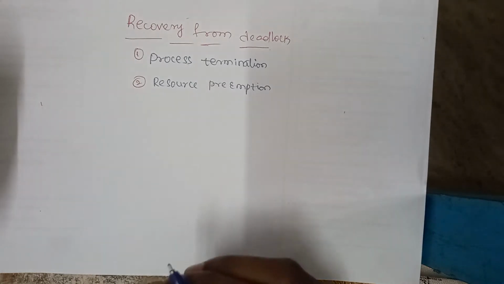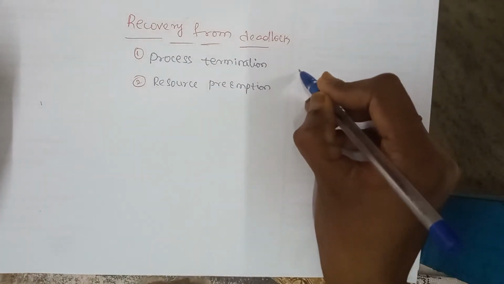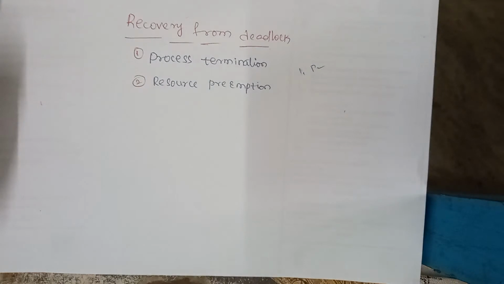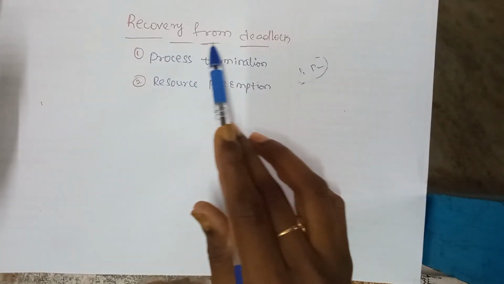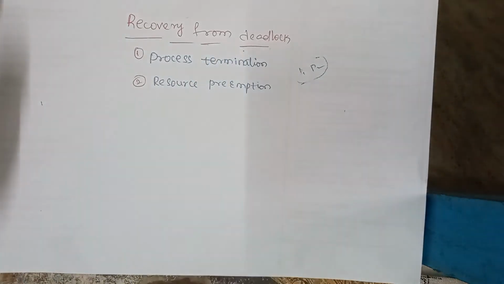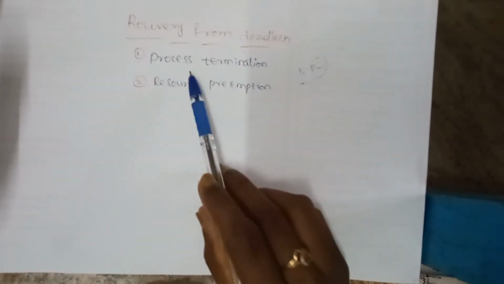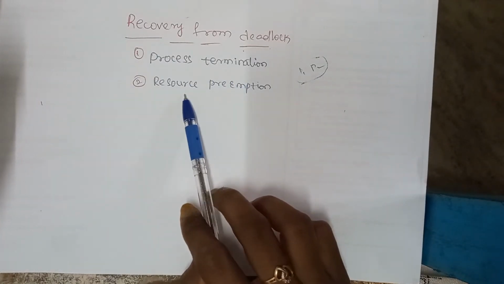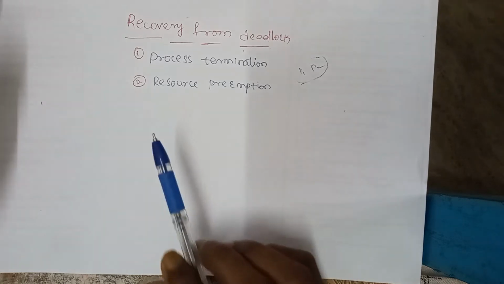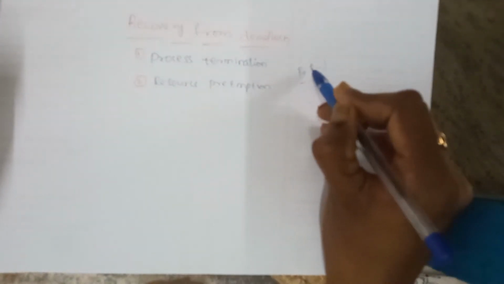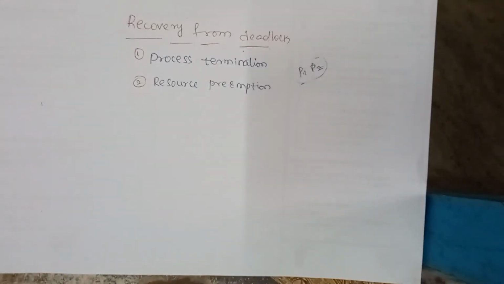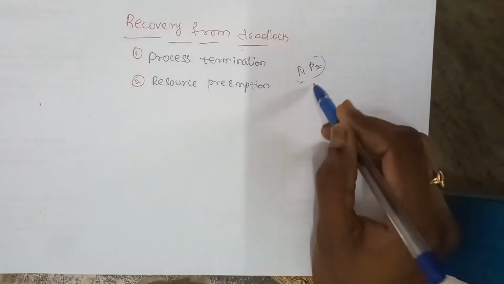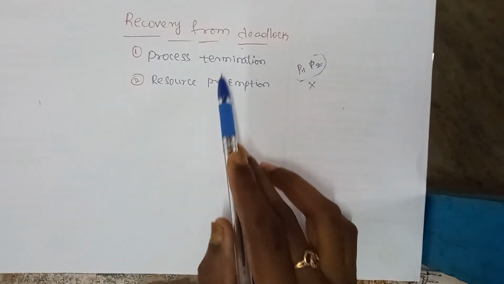That means the deadlock is considered to be between the P1 and P2 processes. So these P1 and P2 processes should be freed from the deadlock with the help of recovery methods. We have two kinds of recovery methods. The first one is process termination and the second one is resource preemption. With the help of the wait-for graph, we find that there is a deadlock between process P1 and process P2. So to resolve the deadlock, we have to use any one of the methods.